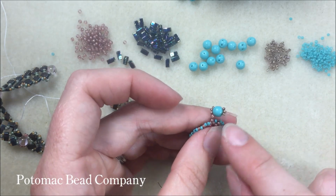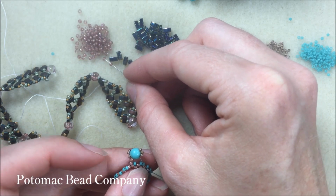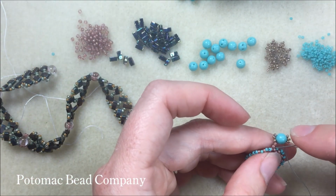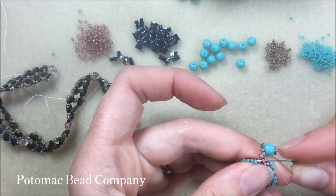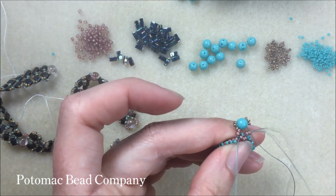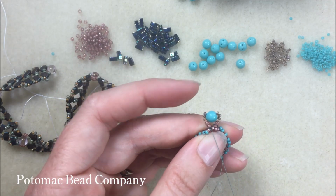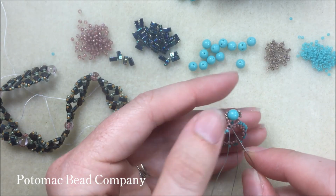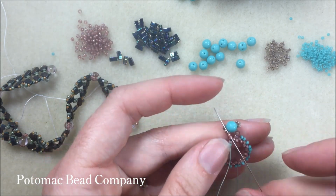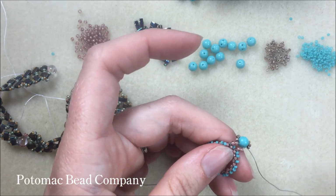To get back to my clasp then, I'm going to add 2 more of my 11-0s, and I'm going to sew back through the last bead that my thread was coming out of my loop. And that's going to create a little bit of a V. So that's going to get that bracelet started. When I'm coming out there, I'm going to go through my 2 11-0s. So I'm just kind of circling around here,